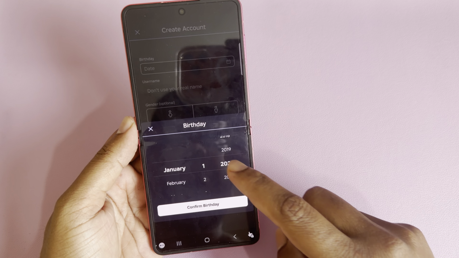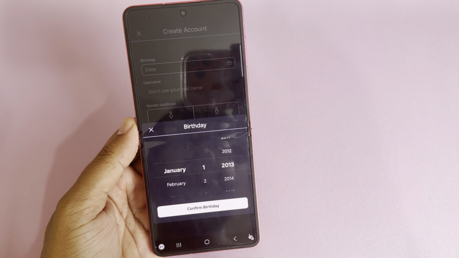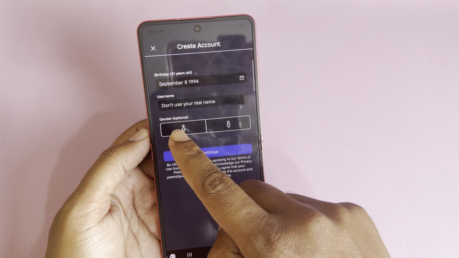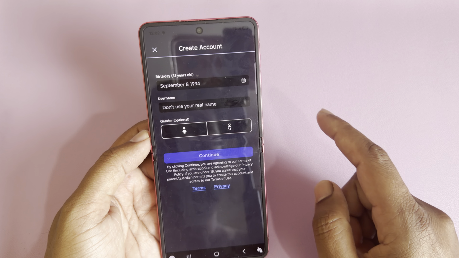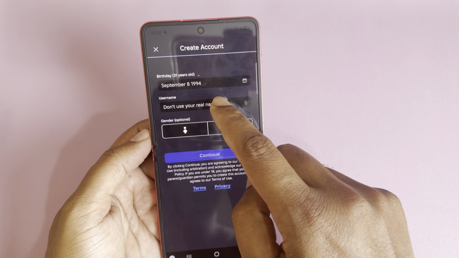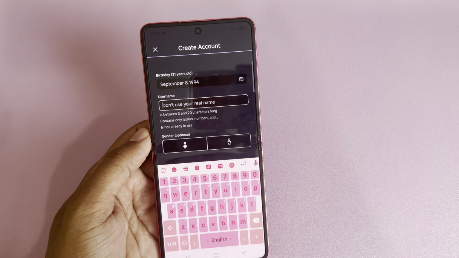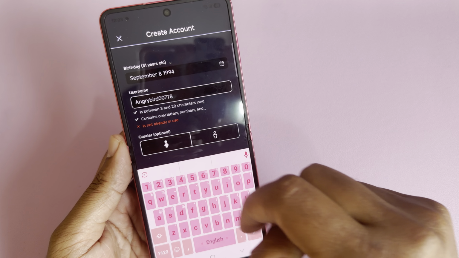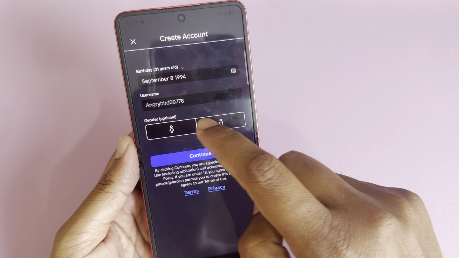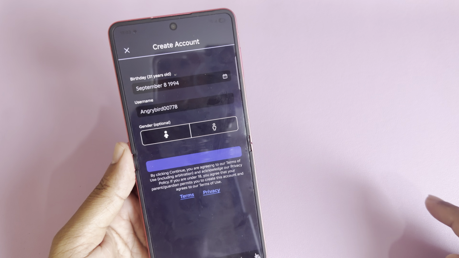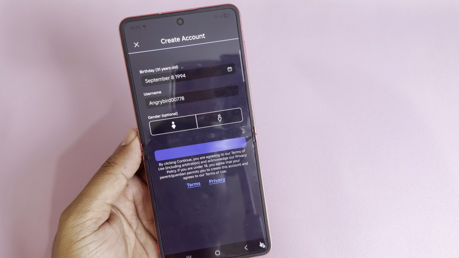Press on Create Account. Now select your age. Press on Confirm Birthday. Then select your gender, male or female, and don't use your real name. Select your username. Make sure your name is available. Once done, make sure you are selecting your gender. Then press on Continue and